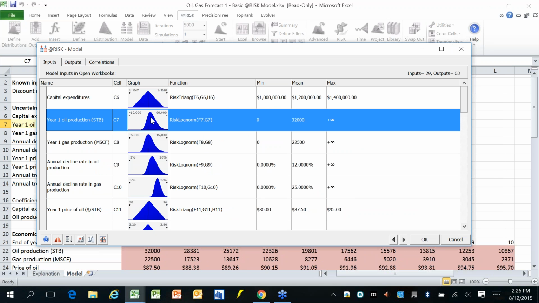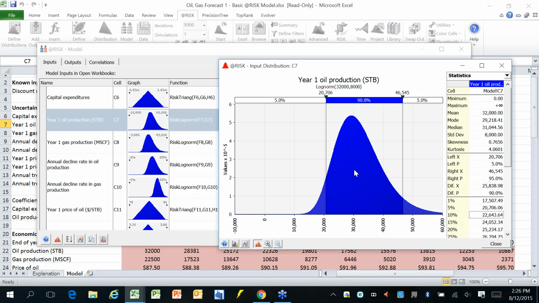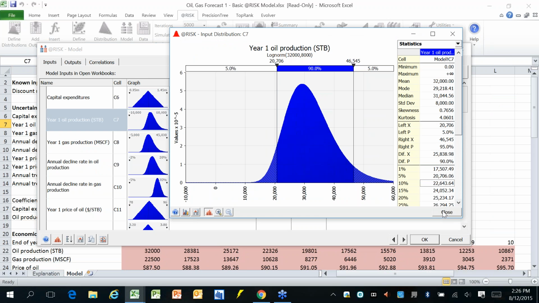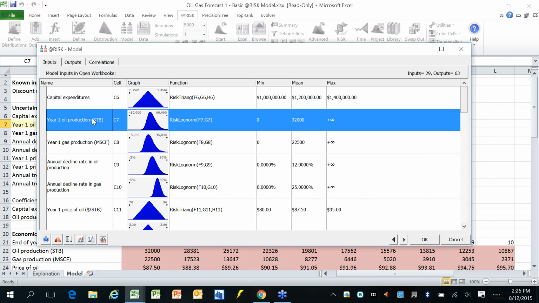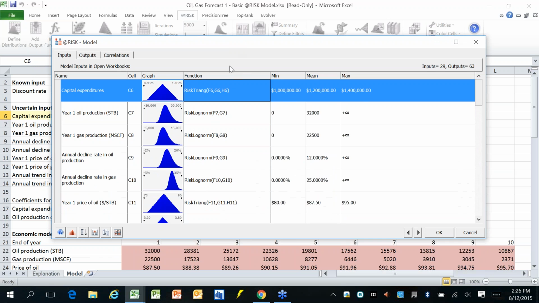If I'd just like to get a graph of the distribution, I could just double click and produce this chart. So I've got some descriptive information to help me out there. Something else that I can do is make some changes to my model as needed. Now let's say, for example, that the CapEx has now been determined. This doesn't need to be a distribution anymore, okay? Or I simply don't want it to be a distribution. Perhaps it was put in mistakenly,